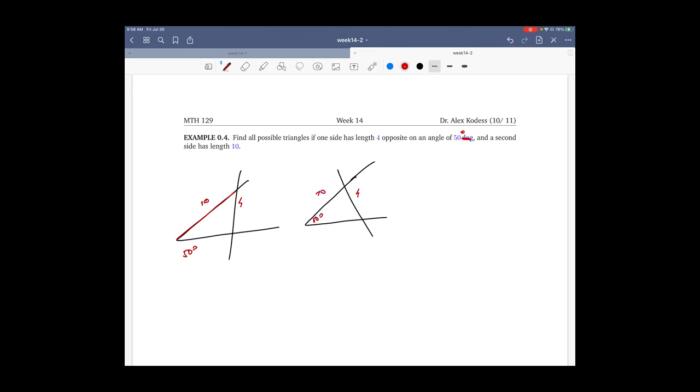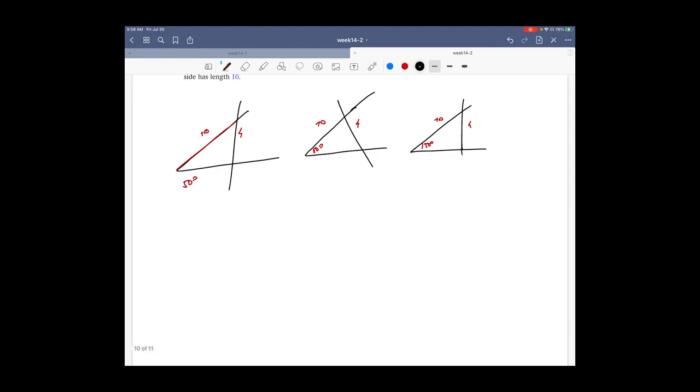Maybe this side is 10. Or maybe like this. This side is 4. And then this side is 10. Or this side could be 10. Doesn't matter. Either way,